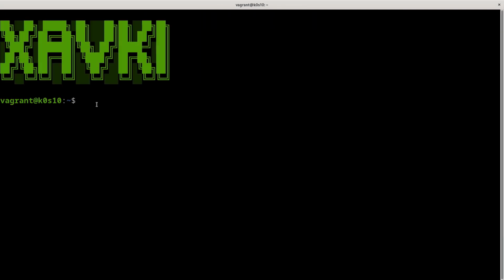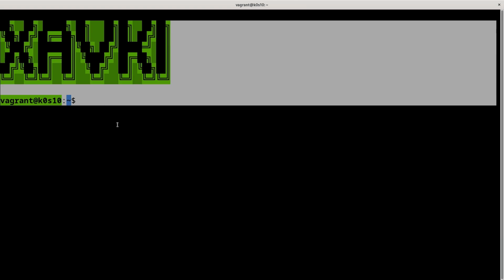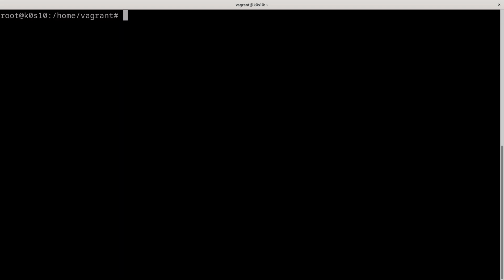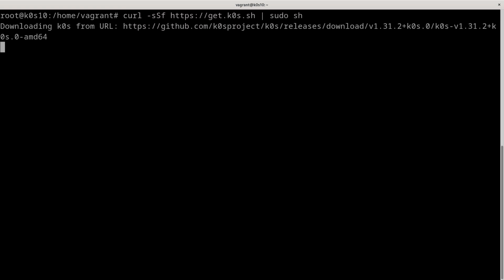And of course, like I said, I have a custom bash. This is why I want to run some scripts before and during the installation. So now I run the curl script again, and now it works. We just download get.k0s.sh for shell, piped to sudo shell.